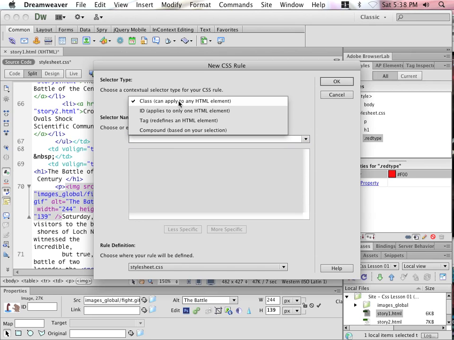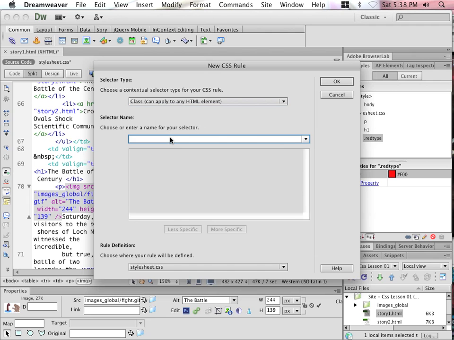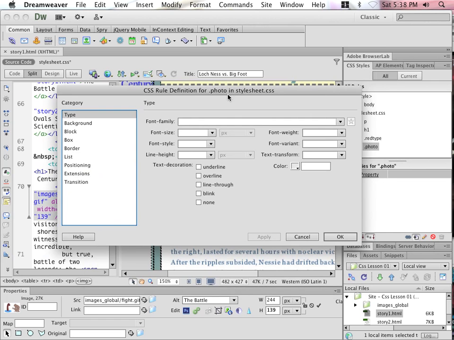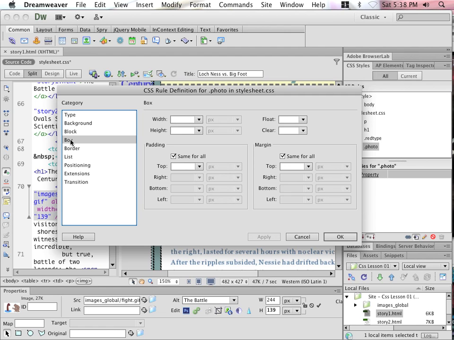And I will make it a class style, and I'll call this one dot photo. Save it in that same common style sheet and click OK. Now in this one, I'm going to be going to the box category, and we have a feature called float. What the float does is it basically forces the picture to the left or to the right. So I'm going to float this one to the right, which means text will run along the left side of it and underneath it. So I'm just going to hit float right,